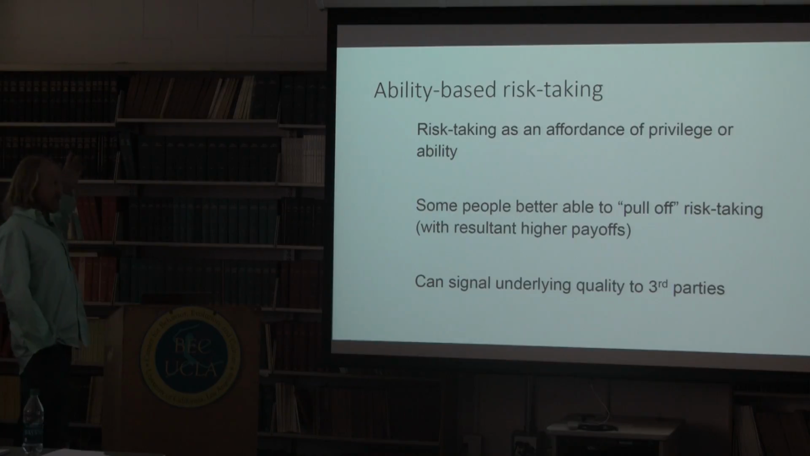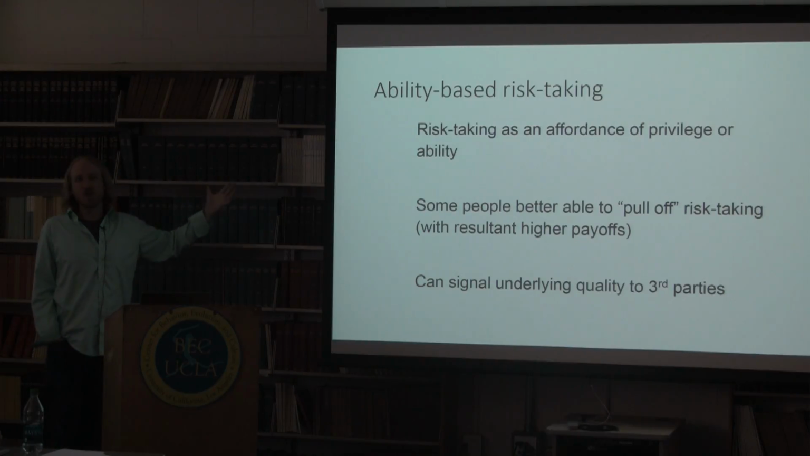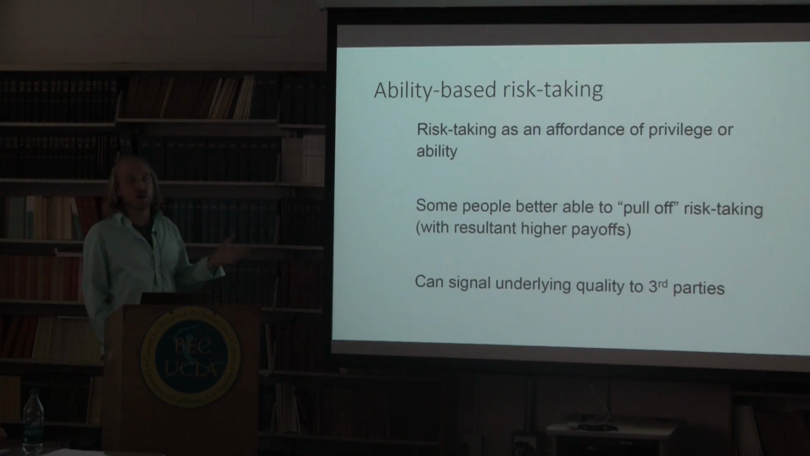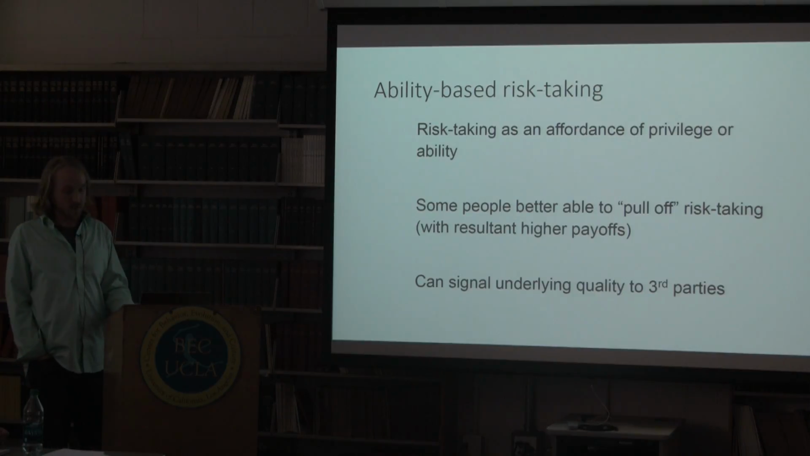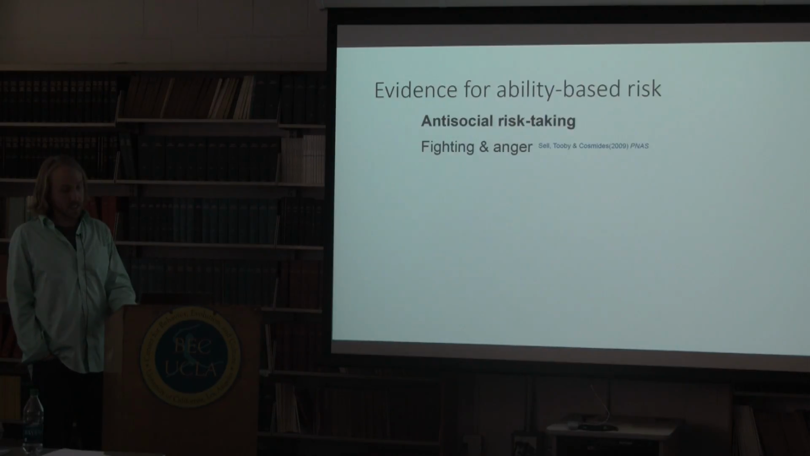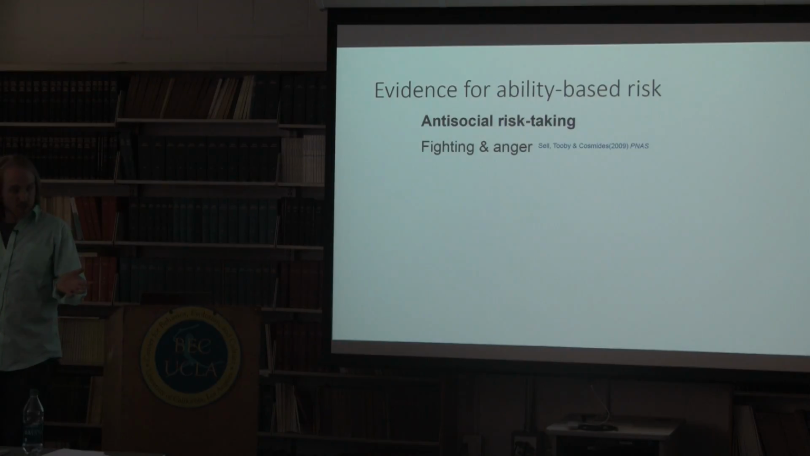Okay. Ability-based risk-taking. This is thinking again about risk as some privilege, or as, you can pull off the risk better than other people somehow. You can engage in the behavior more profitably. If you fail, you have more of a buffer somehow, these kinds of advantages. The logic of costly signaling is very similar to this ability-based risk-taking logic. Ability-based risk-taking in the antisocial realm,